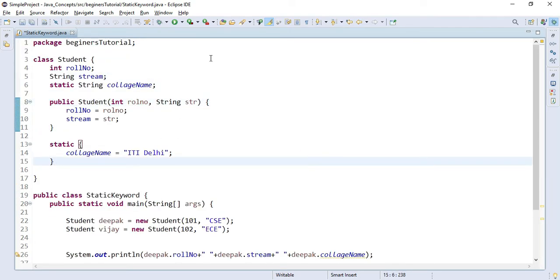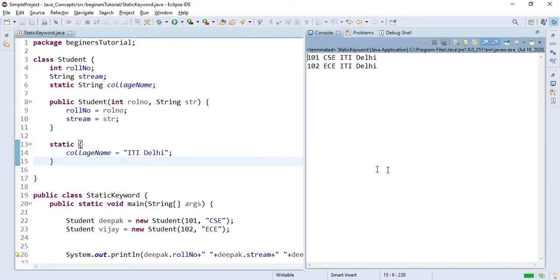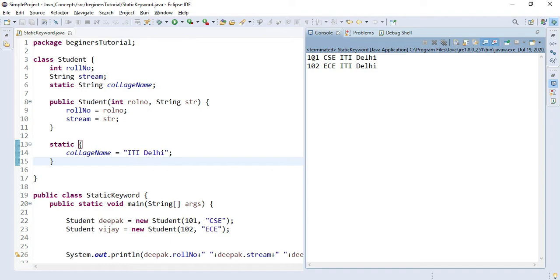And now I want to execute this program to show you the output. As you can see, it says 101 CSE IIT Delhi, 102 ECE IIT Delhi.